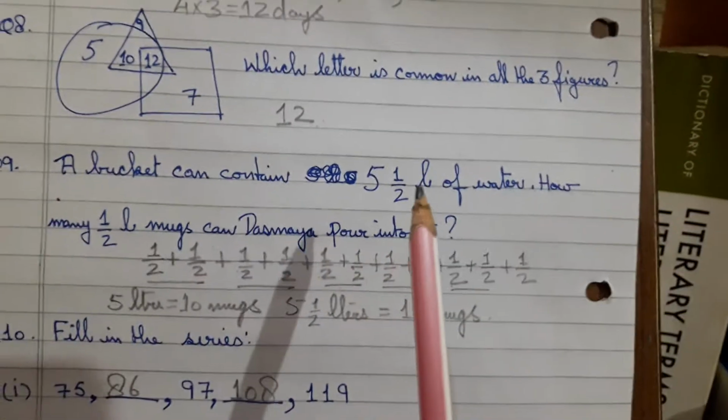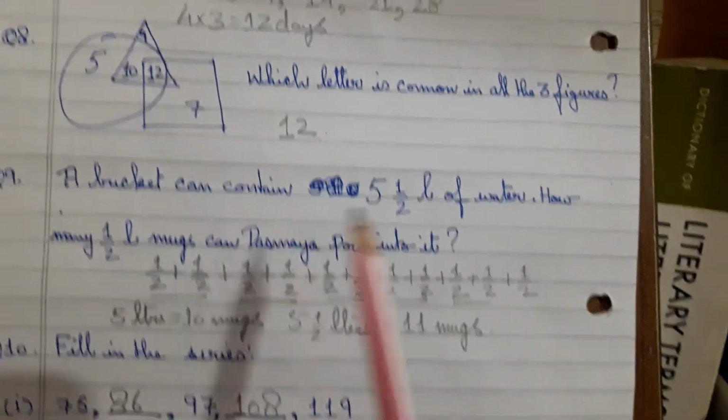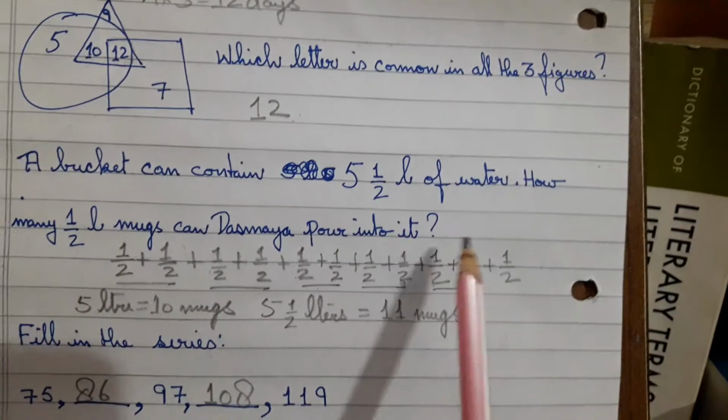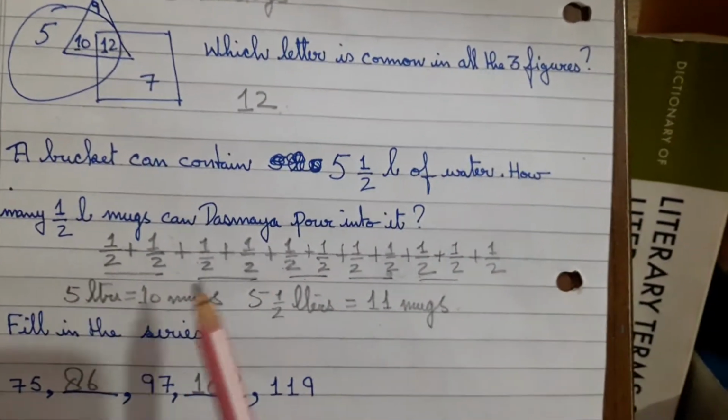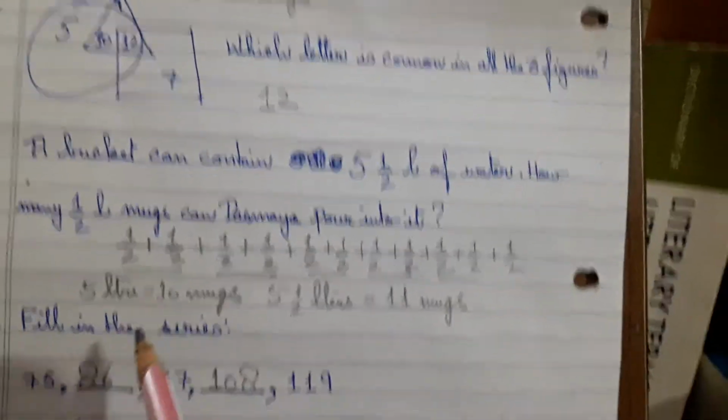A bucket can contain 5.5 liters of water. How many half-liter mugs can Dasmaya pour into it? Now, I've just done this to make it clear to you, but otherwise there's no need of doing this: half plus half plus half plus half plus half, and so on, right? Instead, what you do is